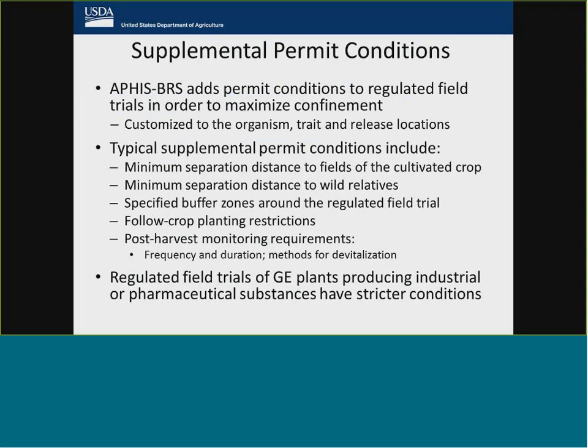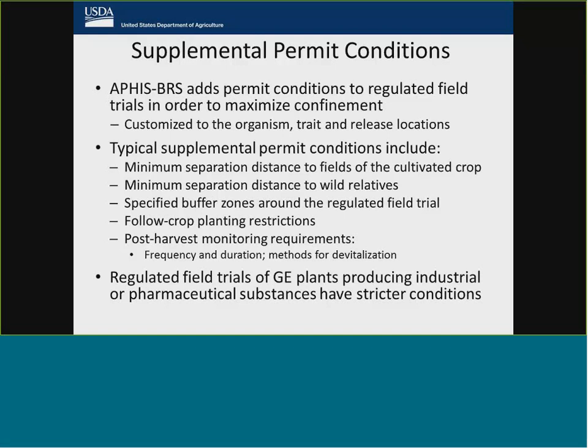So some of our typical supplemental permit conditions include requiring a minimum separation distance to fields of the cultivated crop, to try to minimize gene flow from the regulated article to sexually compatible relatives that are other cultivars of the crop.